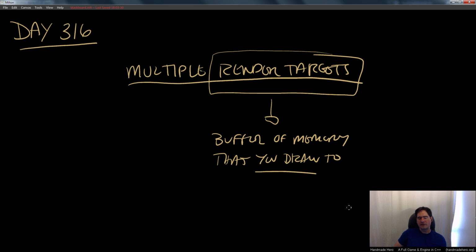So what you have seen throughout the course of Handmade Hero, when we wrote all the software renderer, you'll note that we were always rendering to the same piece of memory, right? We had this notion that there was a back buffer, like a screen buffer, that was holding what we were going to display. We render everything into it, and then when we were done, we handed that buffer to Windows and said, here, show this.